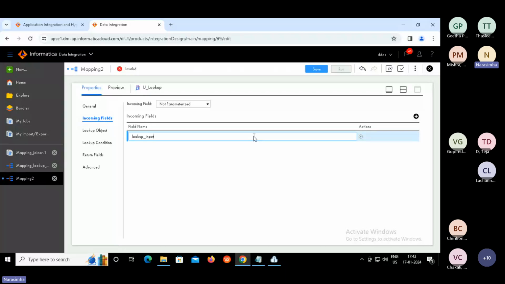This input we need to get from some other transformation which can supply data to this particular input. Let us see how it would be done. I can supply any field name. I've just given lookup underscore input.